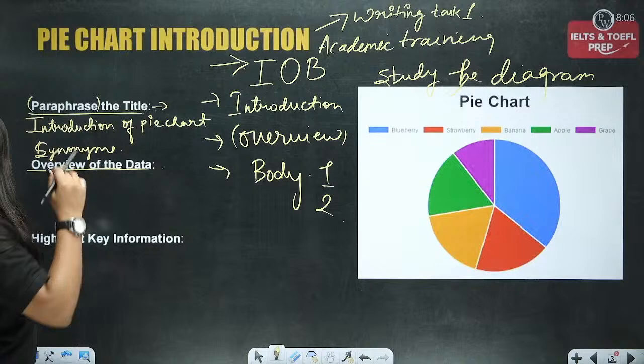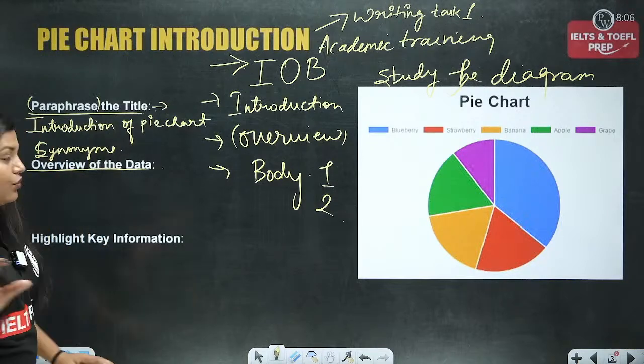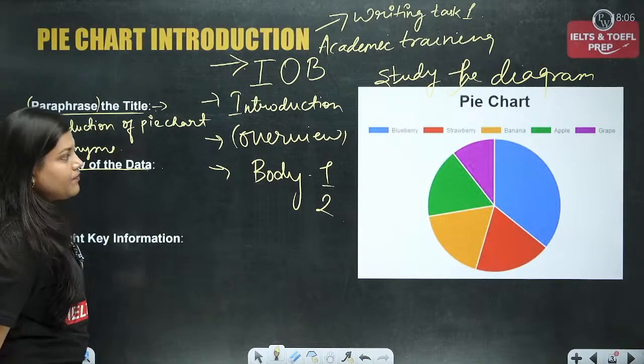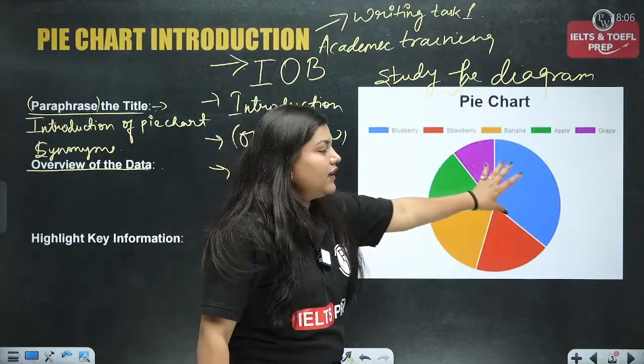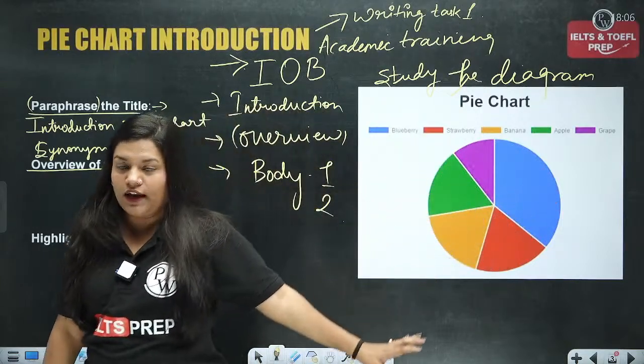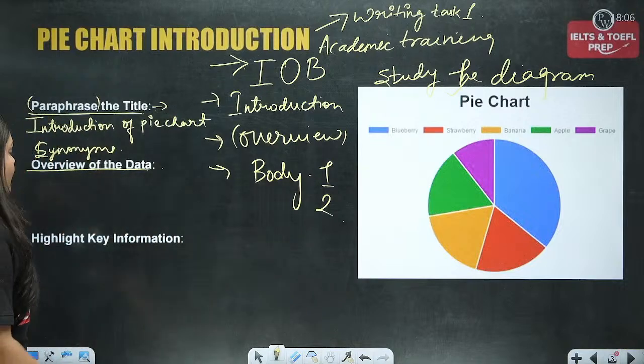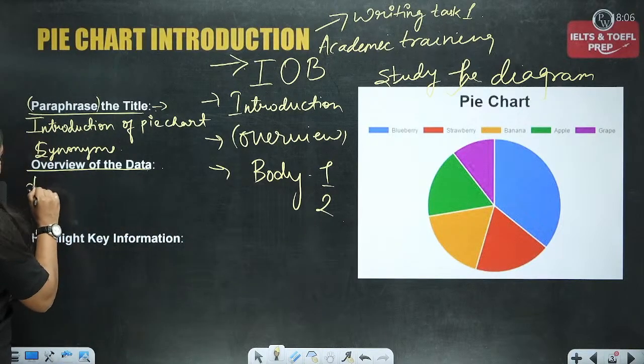Okay, now, so yes, I told you that we have to do the overall overview of the data. So you have to just read it. You have to count on it what percentage, what category is holding, and then you have to write the overview. Now you have to make sure that you don't